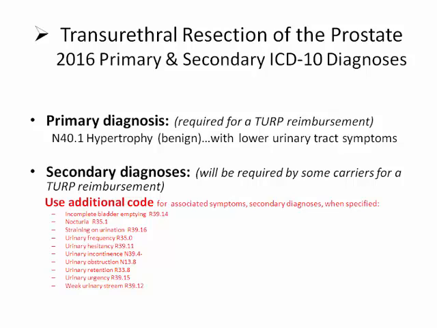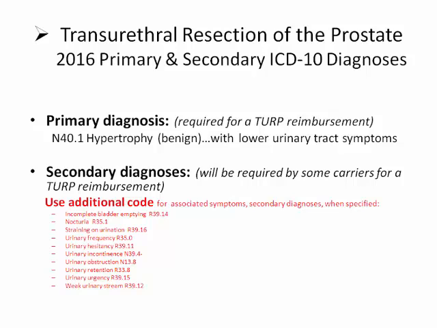Now, when we look at transurethral resection of the prostate, it may be necessary to get this transurethral resection of the prostate paid. It may be necessary to look at both a primary and a secondary ICD-10 diagnosis. Now, the primary diagnosis required for a TURP, we've just mentioned those, N40.1 and C61,